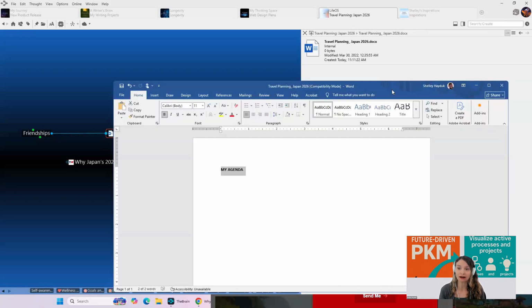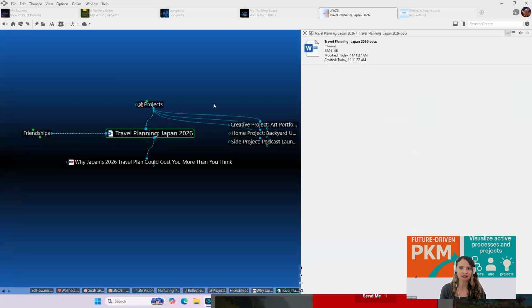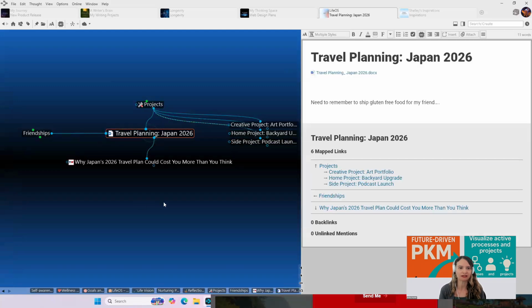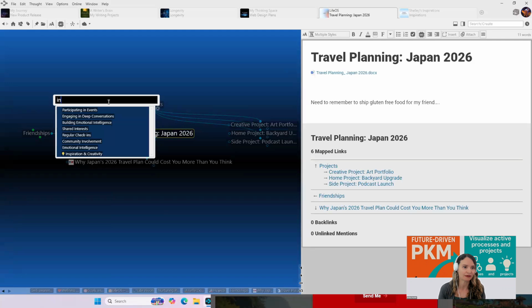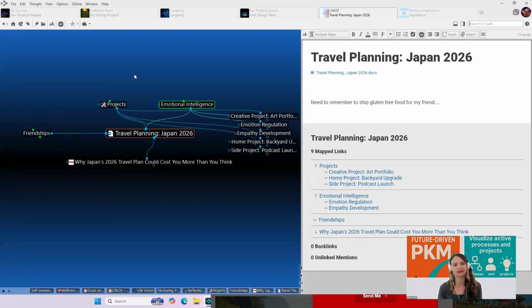Of course, we have the notes area as well. So I'm attaching files. I just want to give you guys a broad view of what you can do. So you can see I've got a web page. I've got a note. This is coming in, connecting to friendships. It's an active project that I have. It's also part of my personal insights goal that I have. So if I want to go ahead and link this to my emotional intelligence development, I've really built an area where I can take some ideas, a concept that I'm doing for personal improvement, and connect it to a live project.